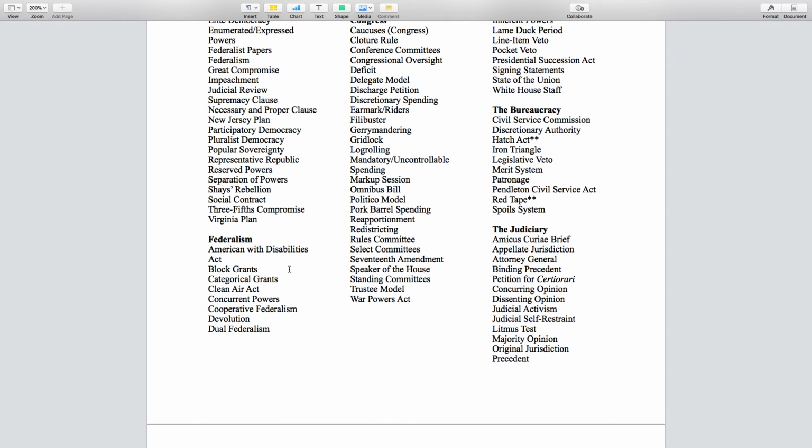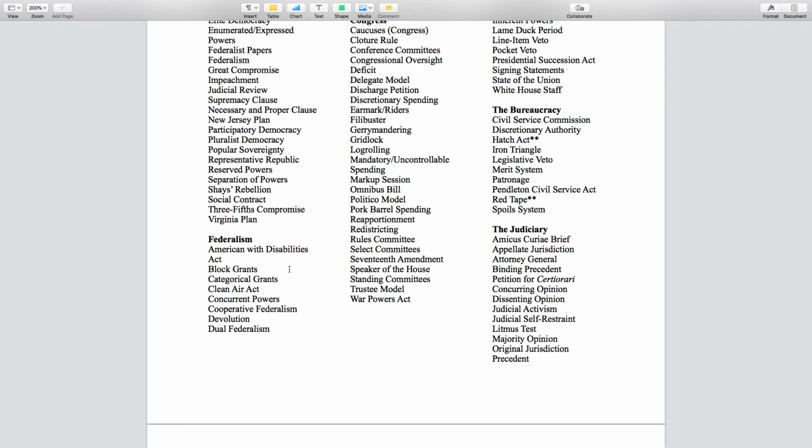Block grants is money given to the states, right? Fiscal federalism, money given to the states for a broadly designed purpose. Homeland Security is a good example of a block grant. It gives the states power. If you're talking that balance of power shift, you're seeing some power shift to the states. They're given money by the federal government. They have a broadly designed purpose with that money, but they have some leeway in how they spend it, how they meet that federal goal, whatever that is.